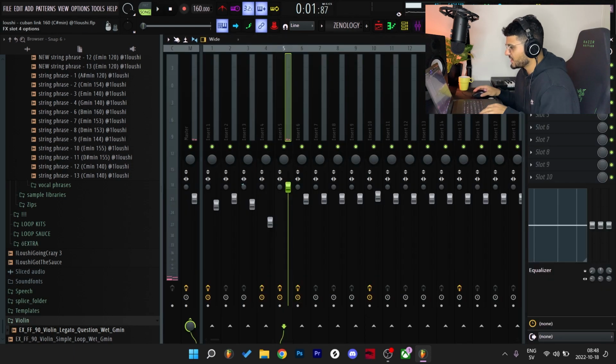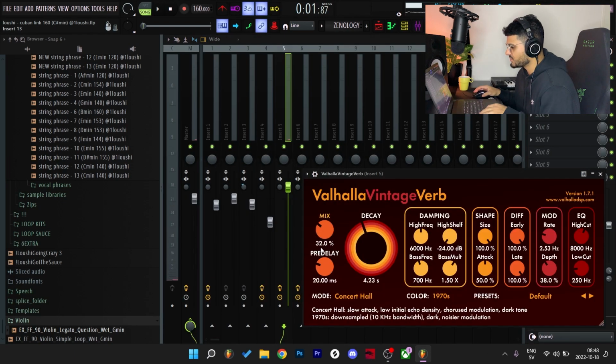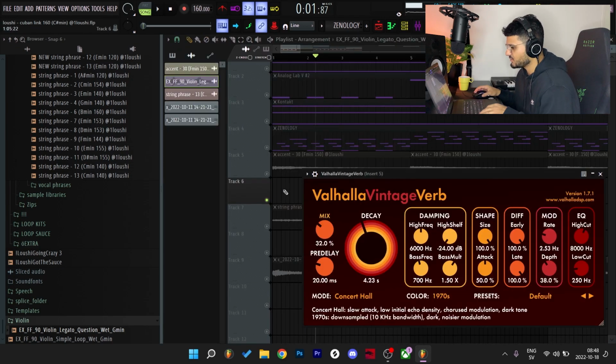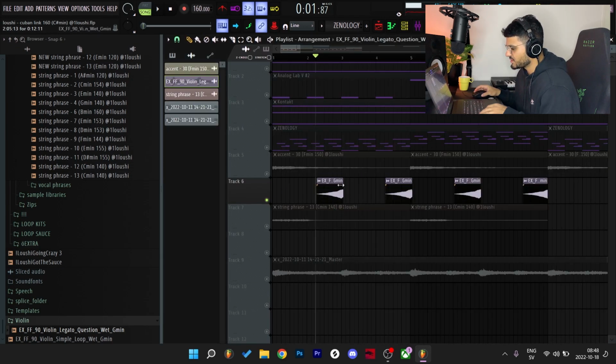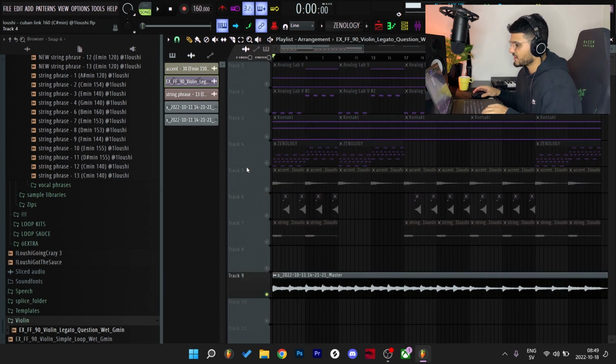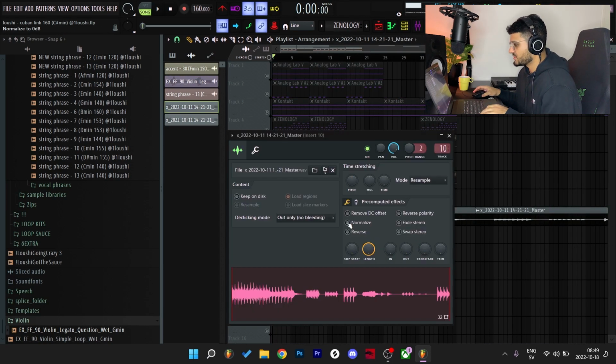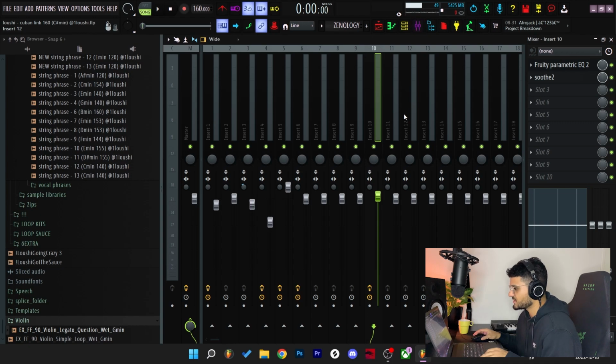And for the effects I added some reverb to make it extend a little bit after the chop right here. So instead of just going completely silent, there's some type of echo reverb going on after the phrase itself. So yeah, and after the arrangement, I just rendered it out, went to mixer channel 10, just added a